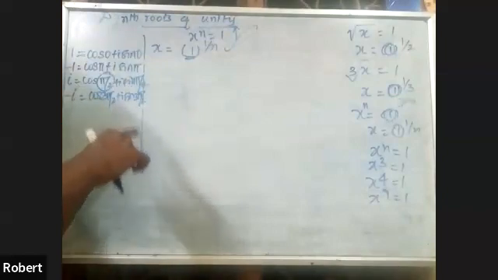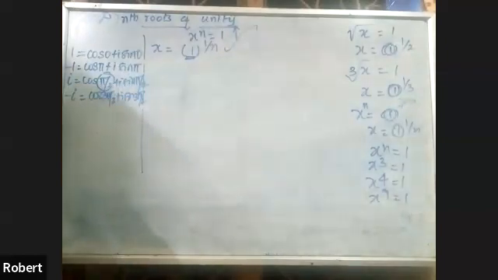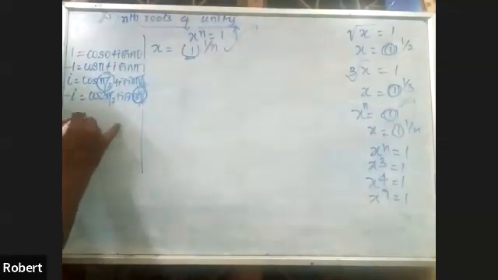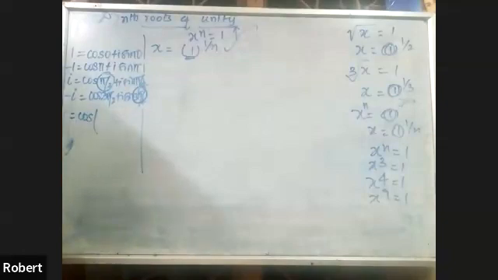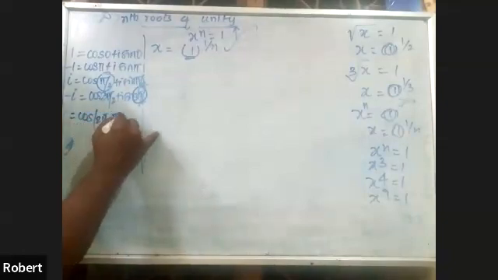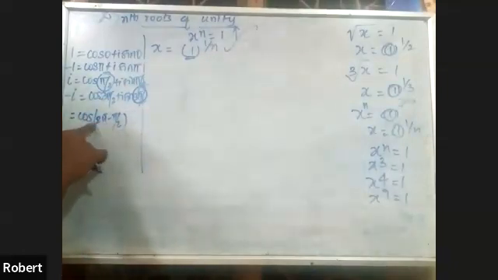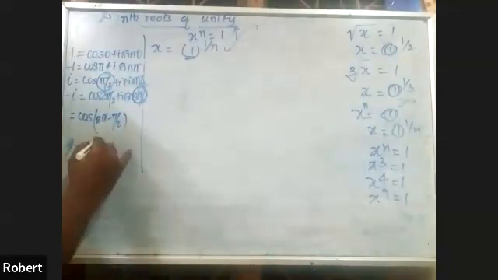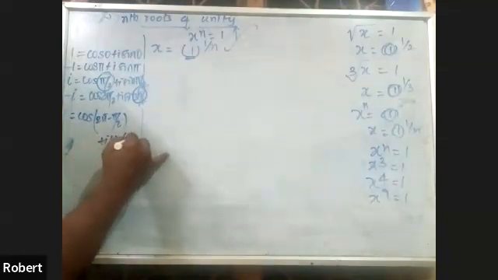Cos 3 pi by 2 means I can write this as, how can you write this? Cos pi plus, how would you write 3 pi by 2? Cos 2 pi plus pi. Very good. What else can we write? You can write this as cos 3 pi by 2, 3 pi by 2 as 2 pi minus pi by 2. Correct? So 2 2s are 4, 4 pi minus pi is 3 pi, plus I sin 2 pi minus pi by